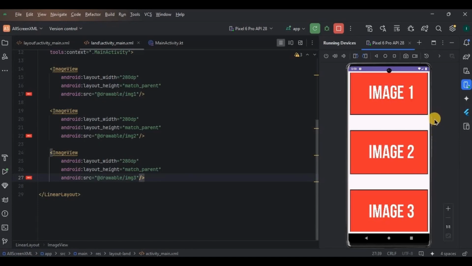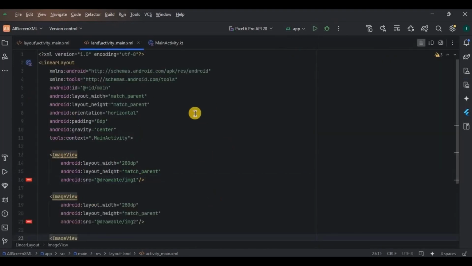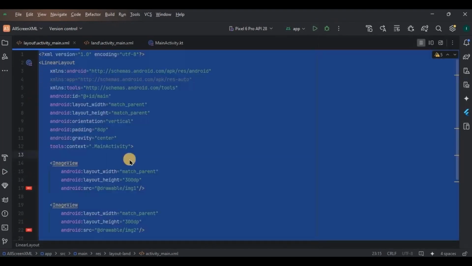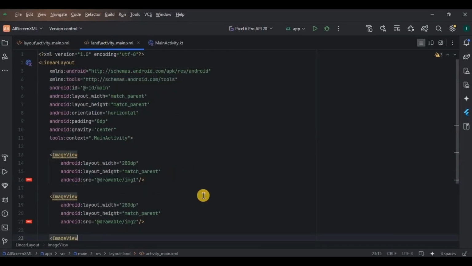Okay, it looks perfect in portrait mode. Now let's rotate it. And look, now the images are arranged horizontally and none of the images is getting cut. Great, right? The code was performed based on the qualifier. If the device is in portrait mode, then this code will be executed, and if the device is in landscape mode, then this code will be executed. And the best part, we don't even have to write any logic for it. Here, XML is pretty smart to do it on its own.